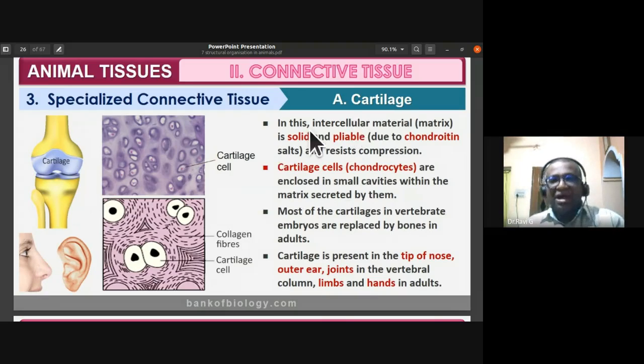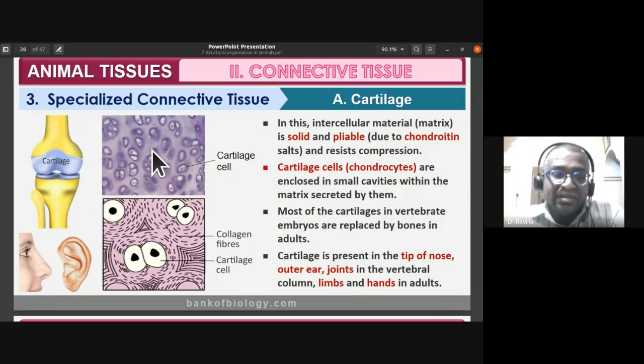Okay. So cartilage, what do you notice? Chondrin would be there in cartilage. In case of bones, they'll be having ossein. So here you have to remember certain names like chondrocytes, chondroblasts. So these are all terms that you should remember. Chondrin. Okay, first of all, understand where this cartilage is located.